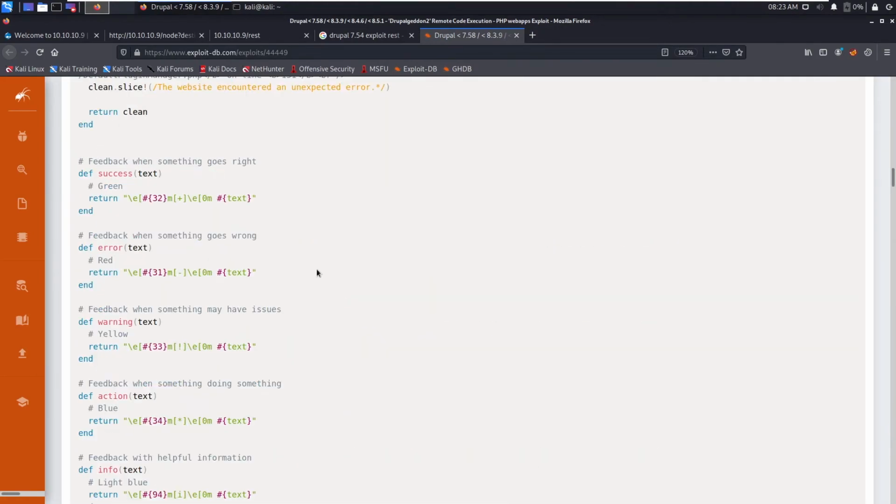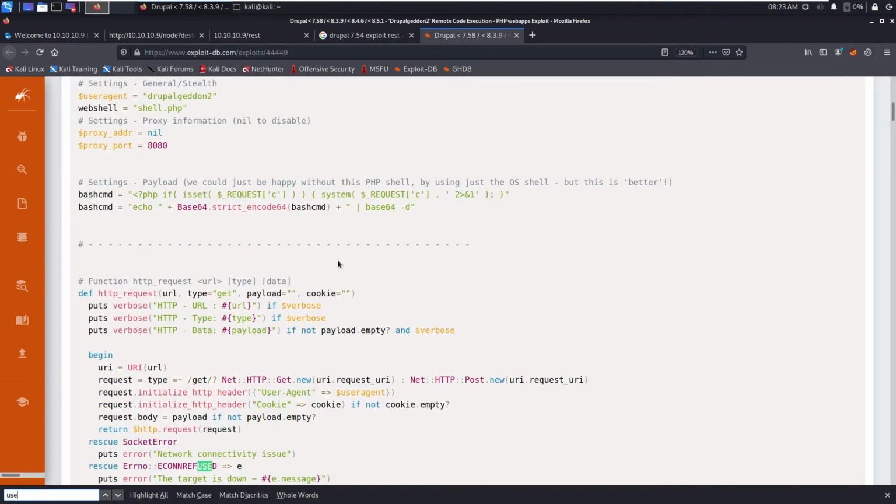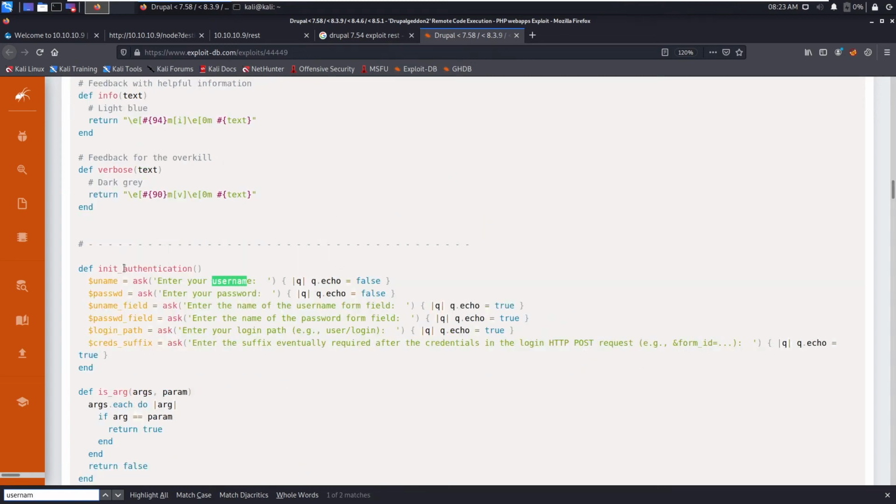I think let's search for REST. Okay, so this requires a username and password.